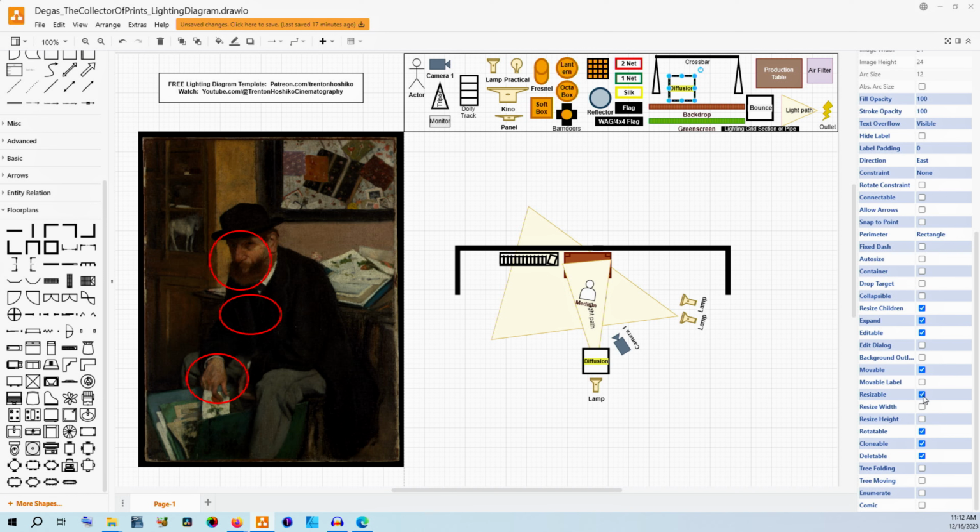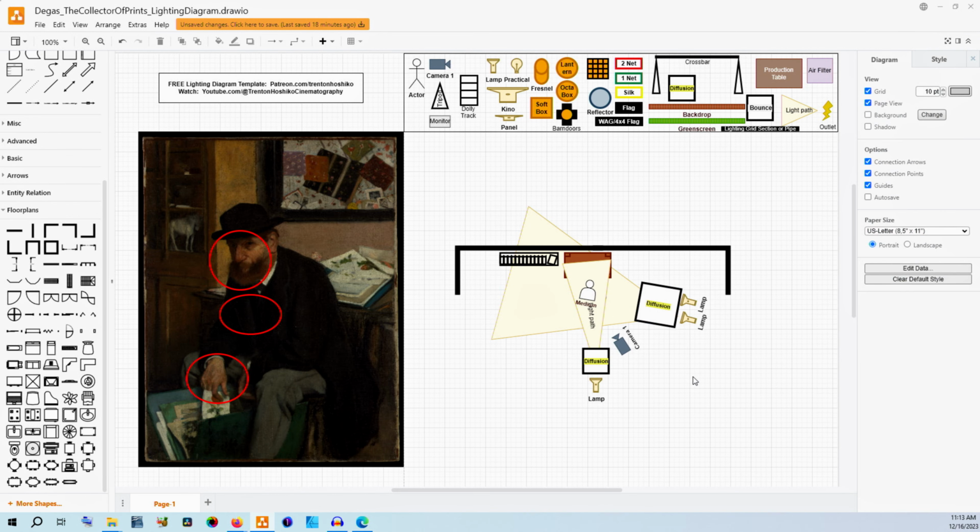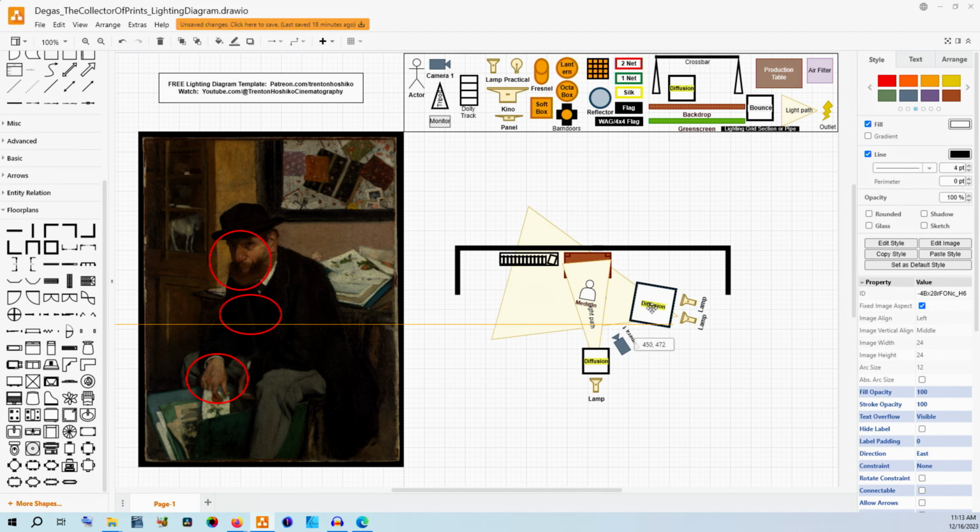I actually grabbed the wrong one when I pulled it originally. I grabbed the bounce one, but I meant diffusion. So there we go. So those are diffusion materials, and this would probably be a 6x6. This would probably be 4x4. You could probably do a 2x3, but something a little bit smaller just to help wrap that light around. But you could start out with a silk. You could do other types of diffusion material, whatever actually fits the level of diffusion that you need. But the main thing is that you need it to be big, and you need to be kind of relatively